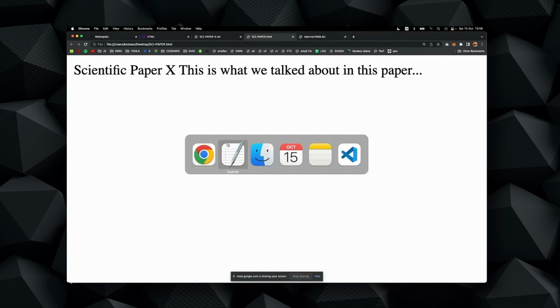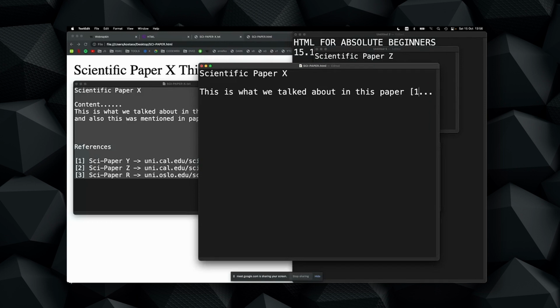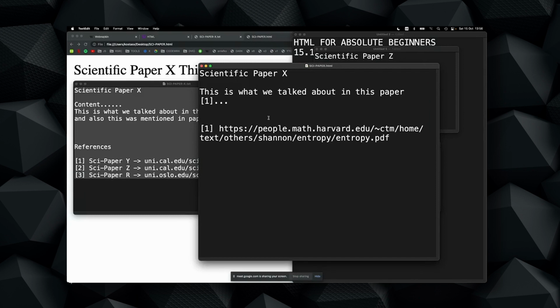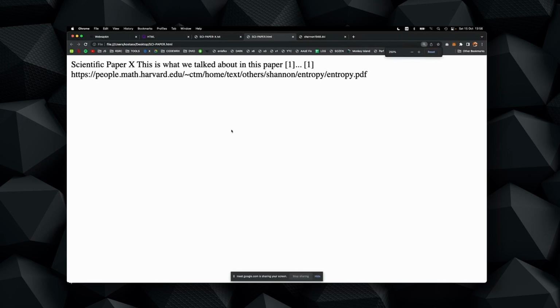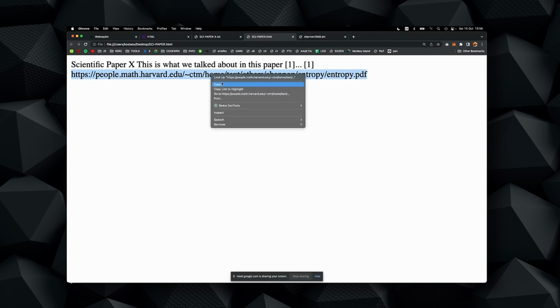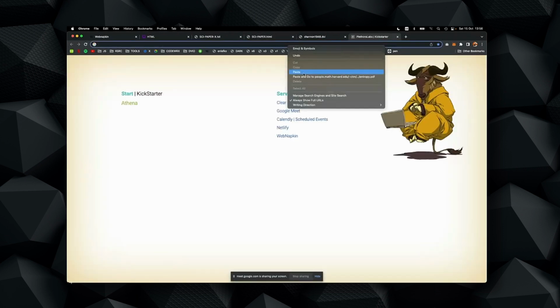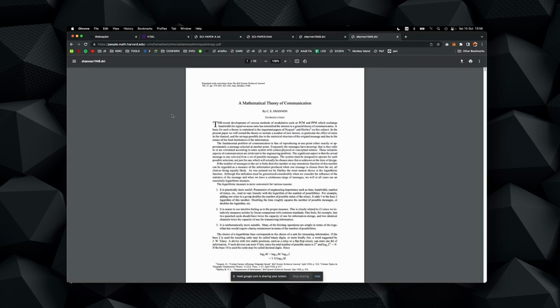So initially we had this reference, right? Let me give you an idea of what we had to do. Initially there was a plain text file, and we had to go here. Okay, they reference this paper, so we have to go here and find the reference. Don't worry about the formatting here. So we had to copy the link, go to this application, paste the link, and then load this document from